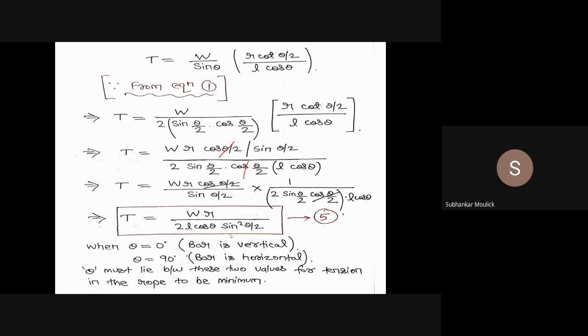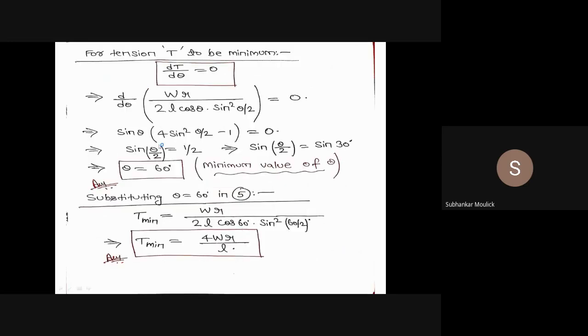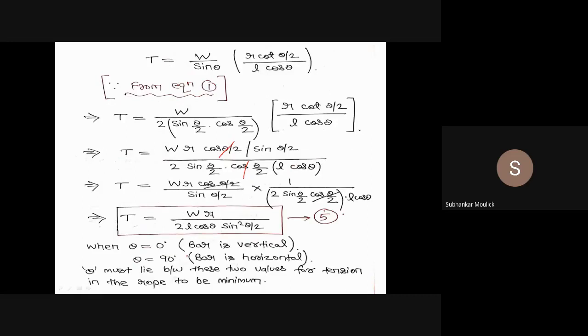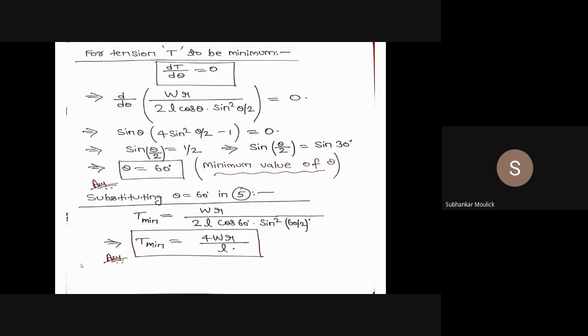Yes, sir. Fine. So let us differentiate equation 5 with respect to theta, that is dT by d theta equal to 0. I will not show you once again the differentiation procedure. It is nothing but the formula for d by dx of x by y. Just apply the formula and do the differentiation. Once you do the differentiation, the final result becomes T is equal to W into R divided by 2 times L cos theta into sine square theta by 2. That is equation